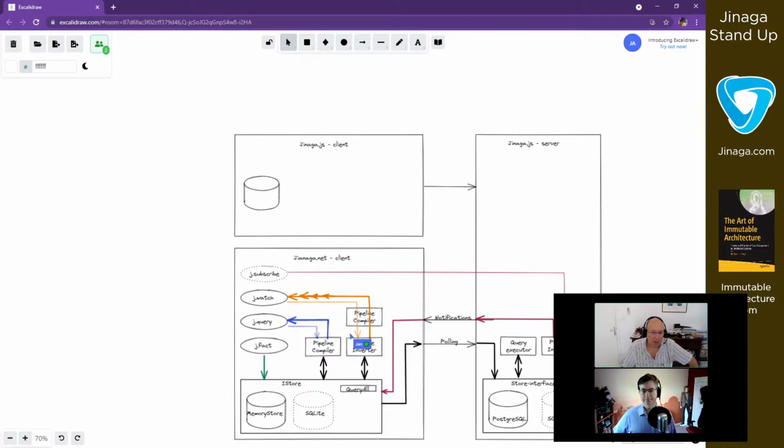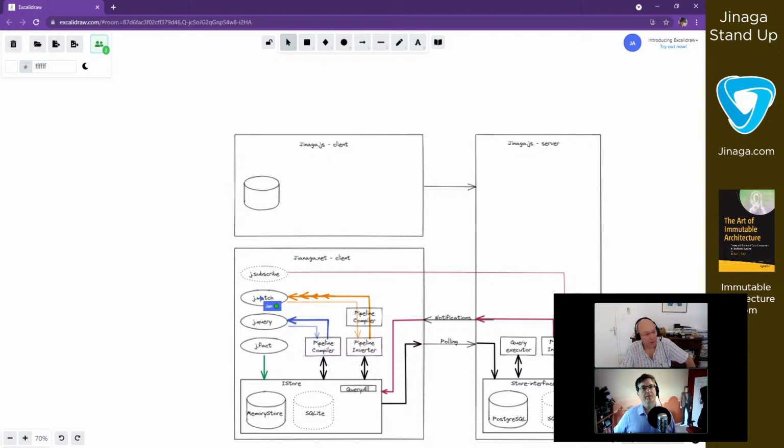It will retrieve the results, send them back, and subsequently invert the query. And for all incoming facts in the database, whether they come in from the server or from new facts, it will send them back to the watch.